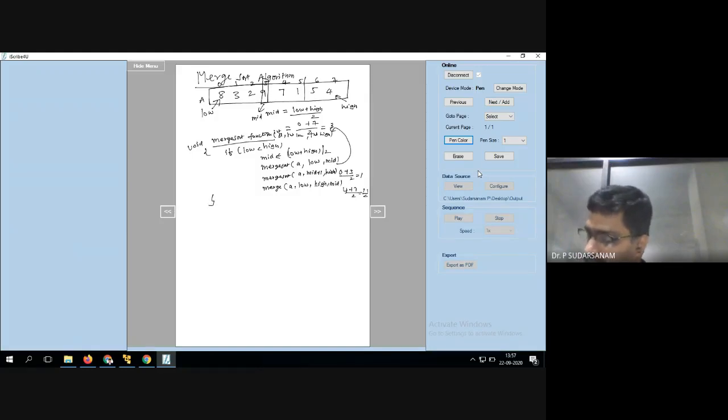This is called the merge sort function. If low is less than or equal to high, this one. So in algorithms, once you write like this, there is no need to give open and close brackets also. That is called the function. That's it. So this is called the merge sort function. Now you have to write the merge function, because you have to call that function. So now how to write the merge function is nothing but,